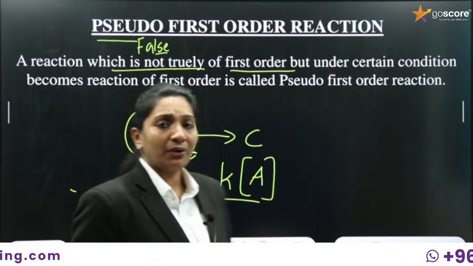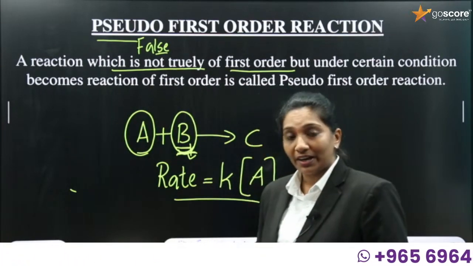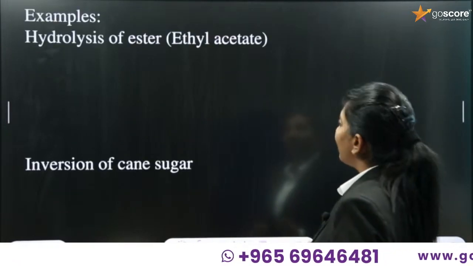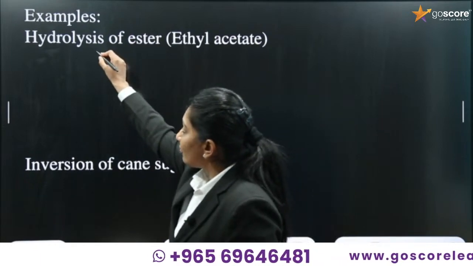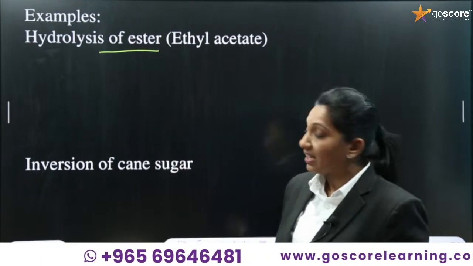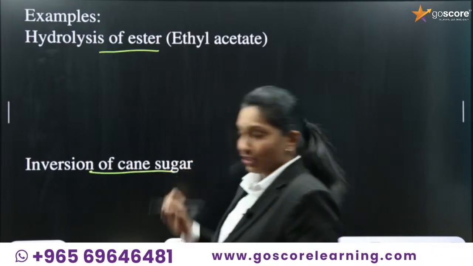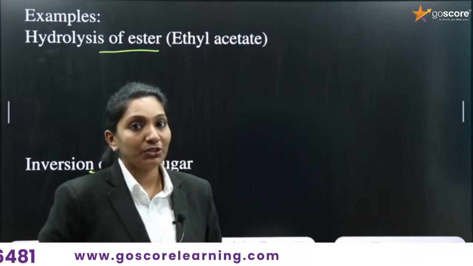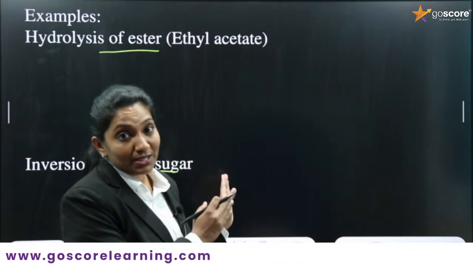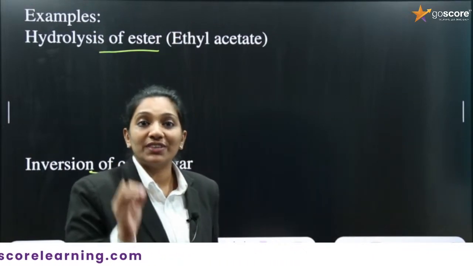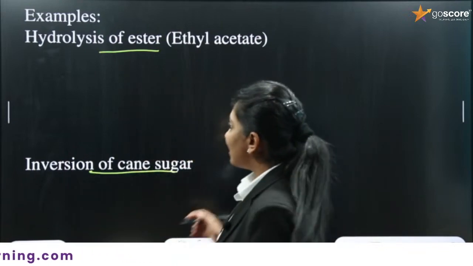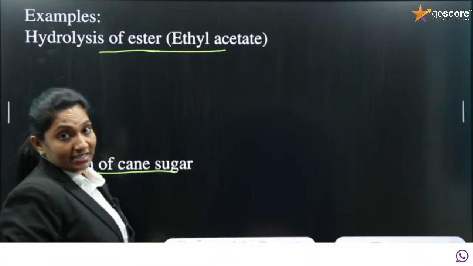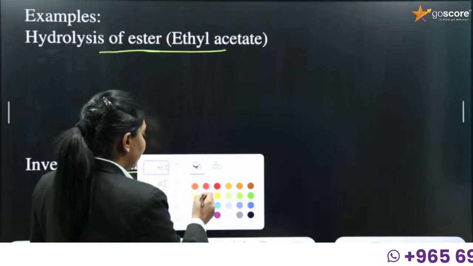Now there are two examples provided in your reader and you should be very familiar with these two examples. That is the hydrolysis of ester, that is ethyl acetate, and the inversion of cane sugar. So whenever you see these two equations, it should come to your mind that these are examples of pseudo first order reactions. Now we can see the first one, that is the hydrolysis of ester. We will take ethyl acetate. What's the formula for ethyl acetate? It is